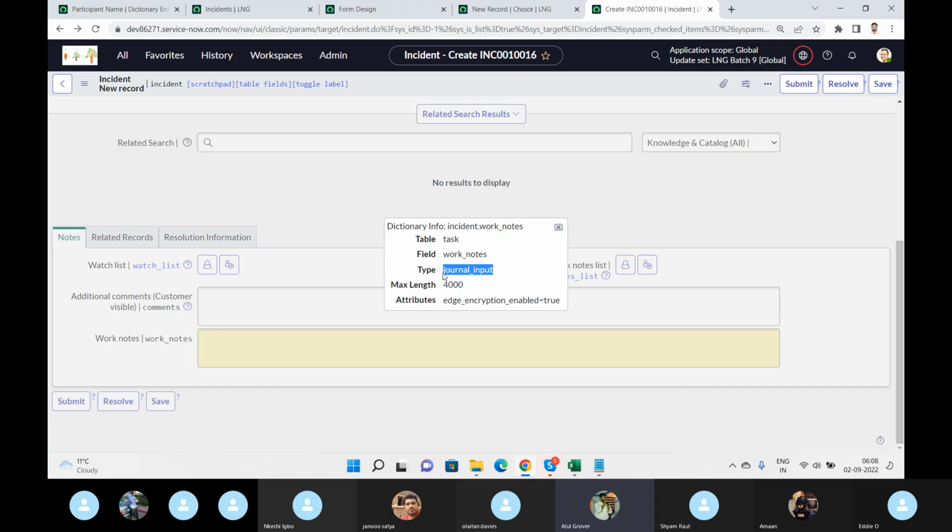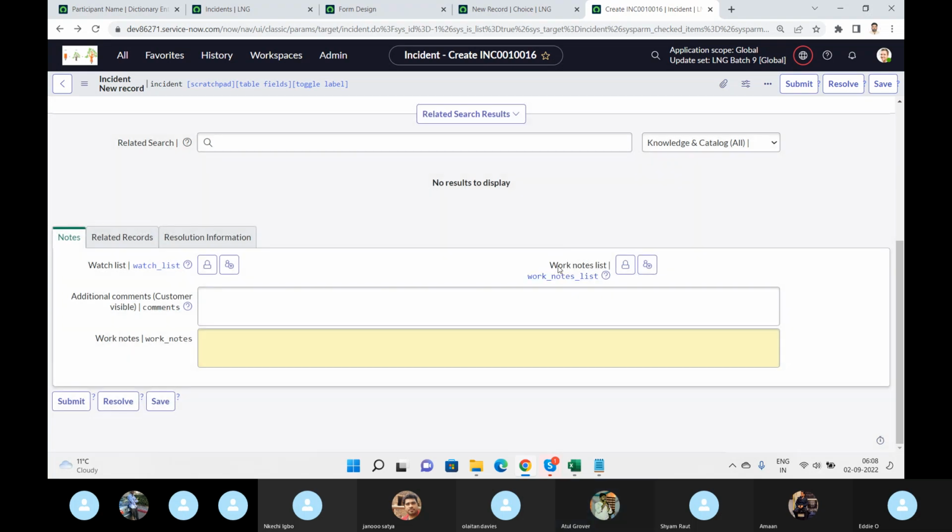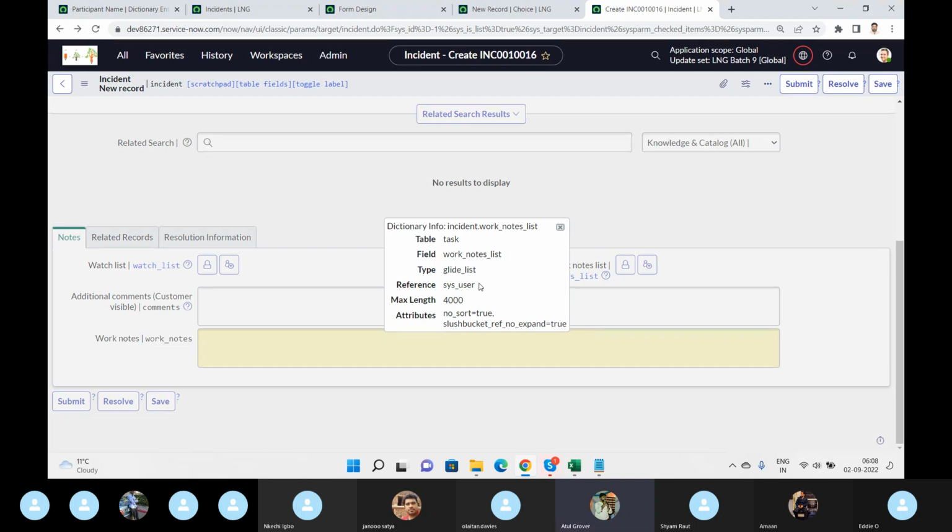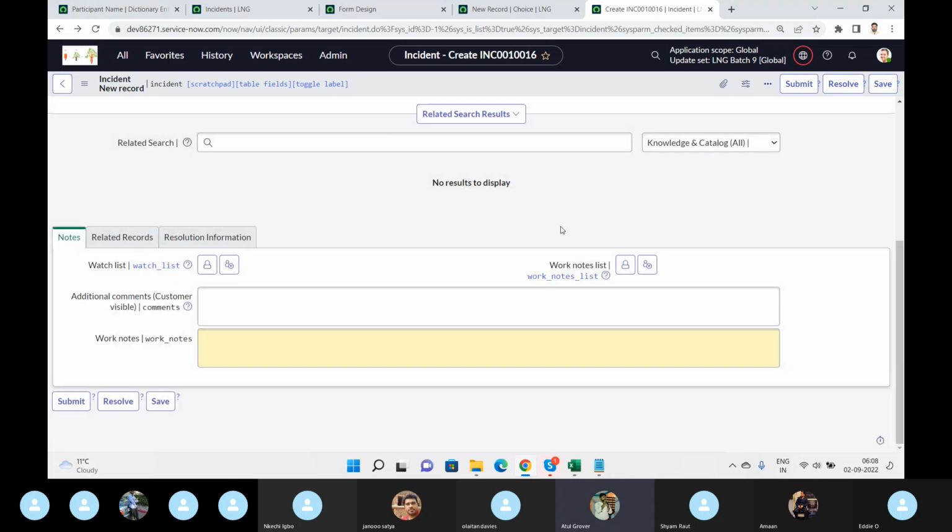This is another type of field you want to create. Let's say watch list. It's a CC user reference. See what attribute they'll be saying. I'm telling you, you have a lot of work for the weekend to do. If you open this form and go one by one through all the things and read about this,